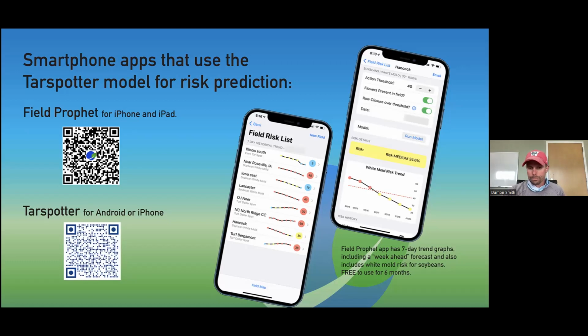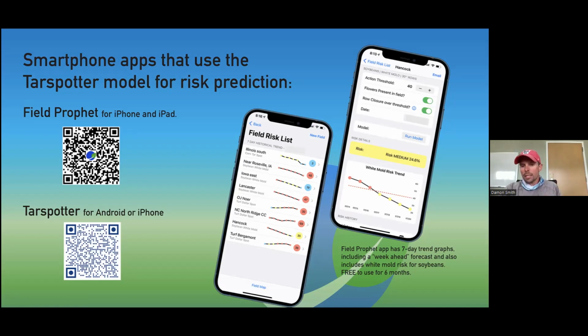One thing I'll say about Tar Spotter is to look at the trends over time, the 7-day trend, and you can see these trend lines out of our Field Profit tool here, which is kind of handy. If the trend is declining over time, that probably tells you to just be patient. And this corn tool should be used as a scouting tool.